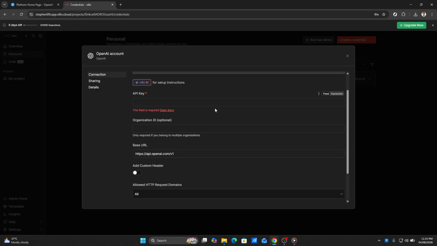With this setup, you can now harness the power of OpenAI in your n8n workflows, opening up a world of possibilities for automation and data manipulation. Whether you're looking to enhance customer interactions, automate business processes, or simply explore new AI capabilities, having this connection is